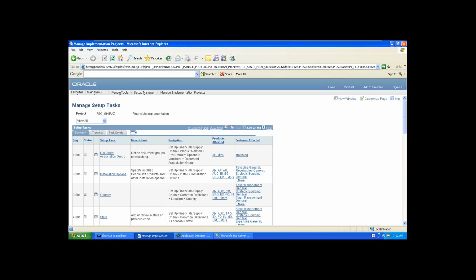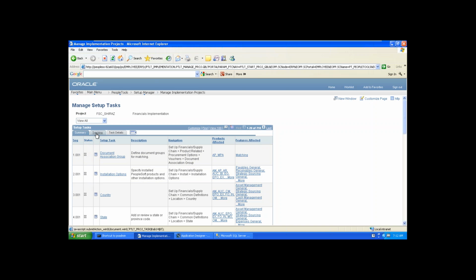In total, how many setups do you need to do? 718. As I told you in the last class, this is the sequence number. Sequence number means you need to follow the order. First we do this, then this, then this. You need to go one by one from first to last. That is the sequence order. And this is the status of each setup task. Now it is showing Not Started.